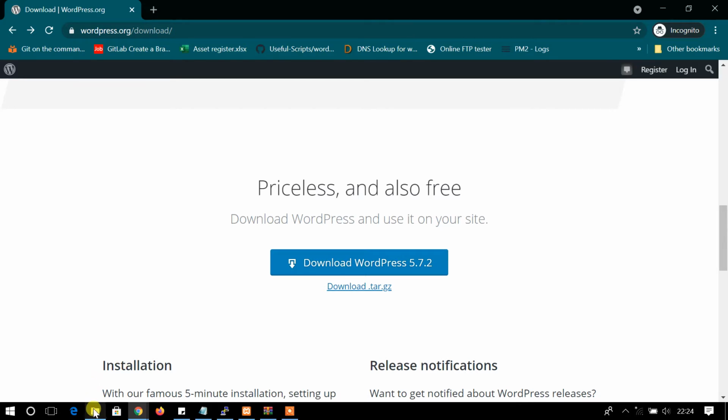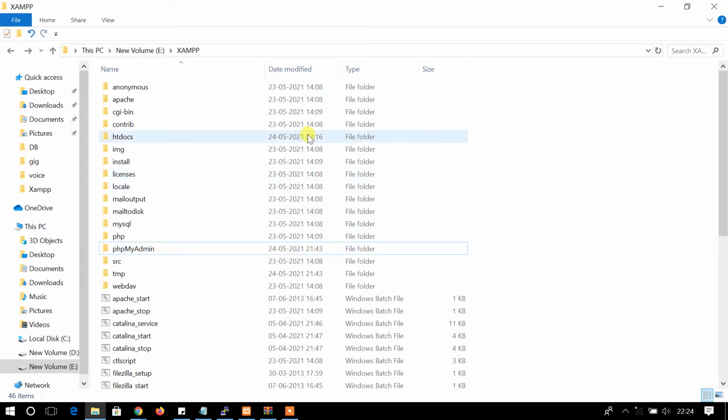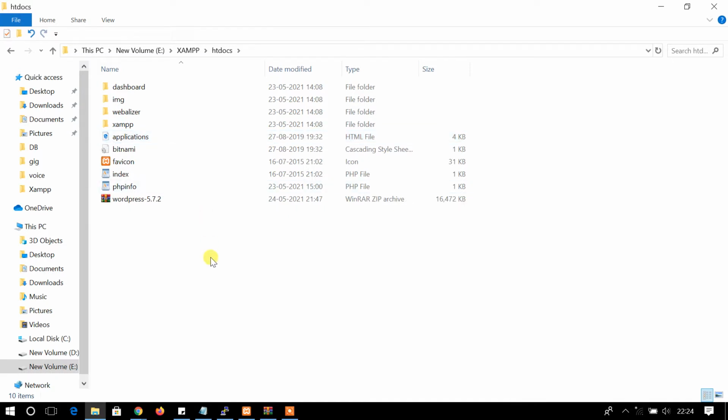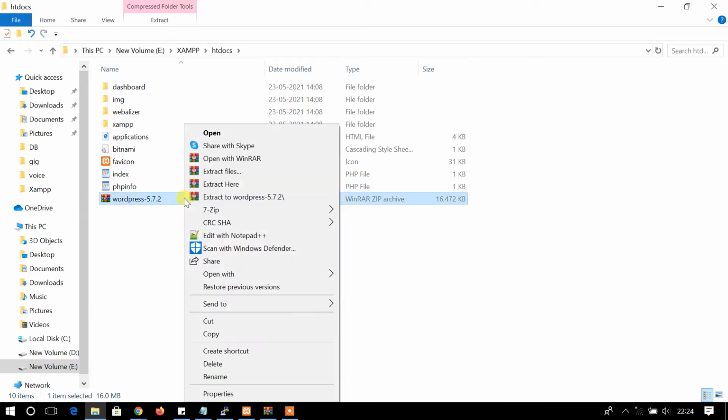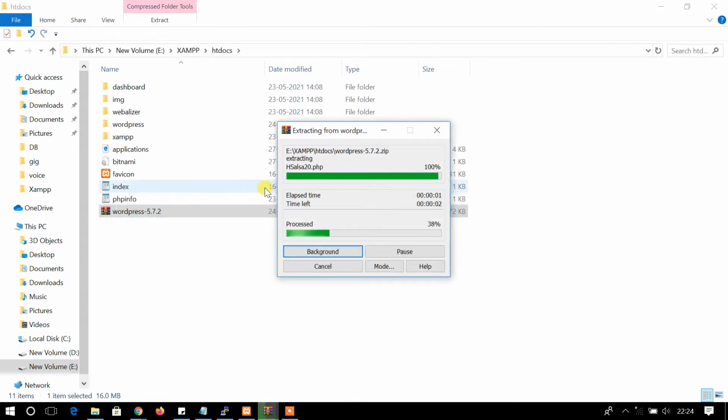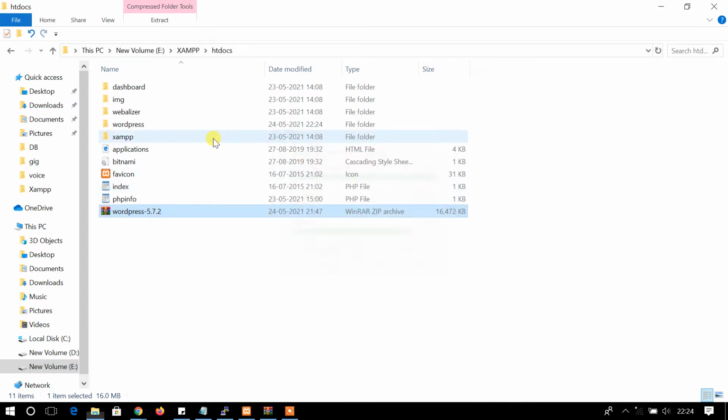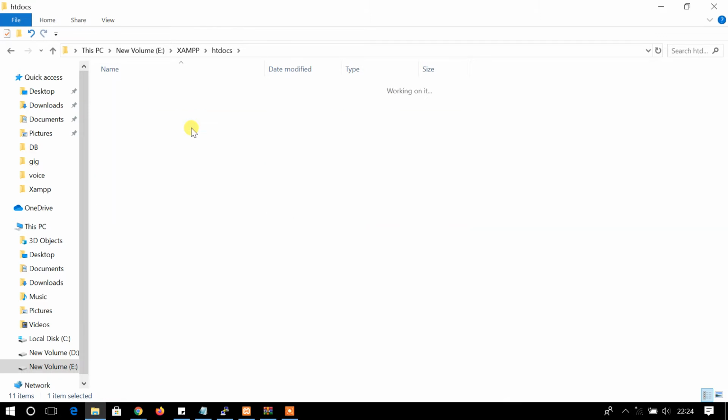After downloading the zip file, you have to go to your Xampp installation folder and then go to the htdocs, which is the web root of Xampp. You can see here is the downloaded zip file of WordPress. All you have to do is unzip the zip file and you will get a folder called WordPress